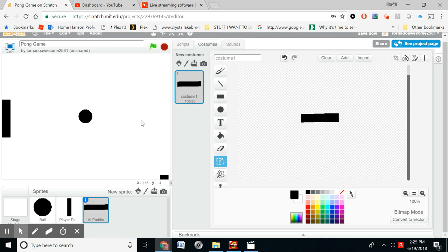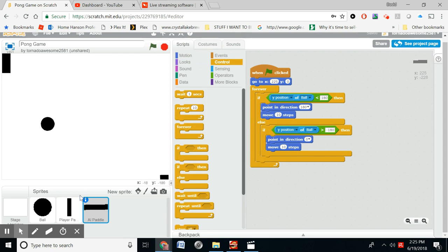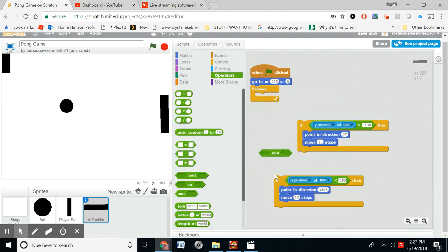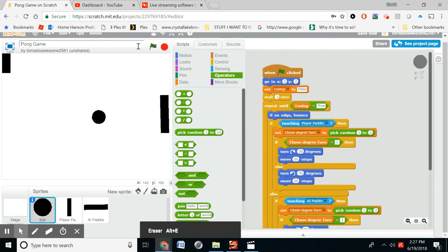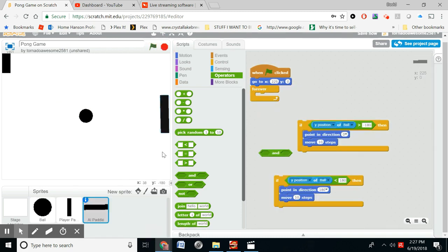So now you can see it's going to... Okay, so there's something wrong. Let me just fix that real quick, and I'll see what's wrong. Okay, guys, so I found the problem. What's really happening is that since the ball's X is going, when you reset it, it is at 0. What's happening is that it's offsetting because it's greater than 180, and 2, it's less than 180 and greater than